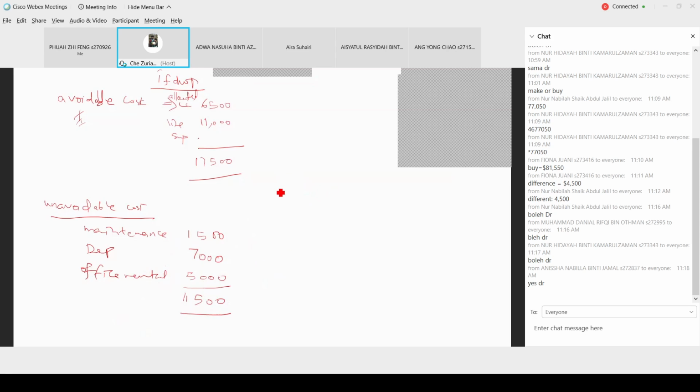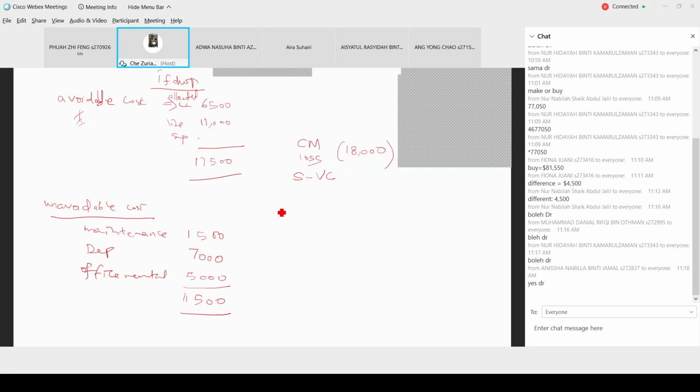So when you want to evaluate, you must see kalau you drop, what's you lost? CM, right? You tak produce the product, you drop. So you akan rugi about 18,000. How to get this 18? You tengok dalam income statement, sales minus variable cost for the division yang you nak drop tadi. So this is the CM loss.